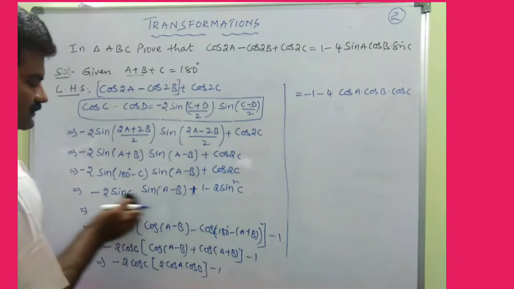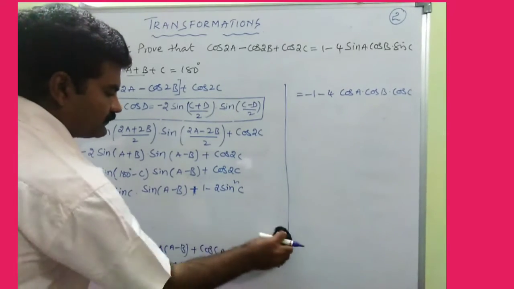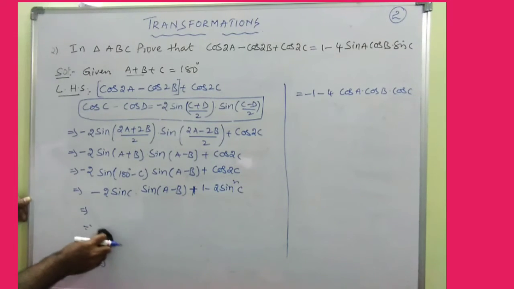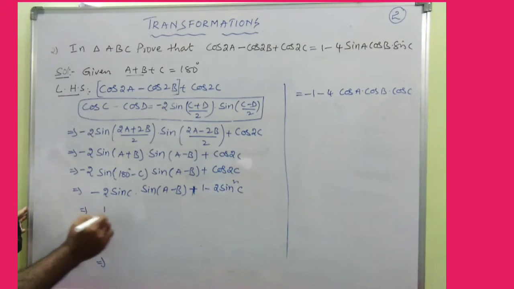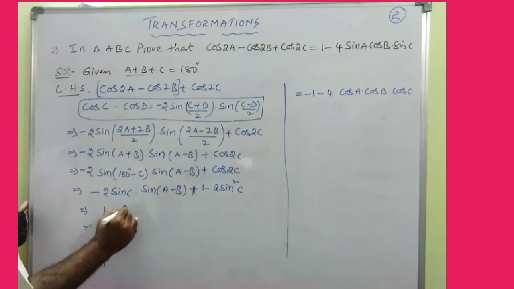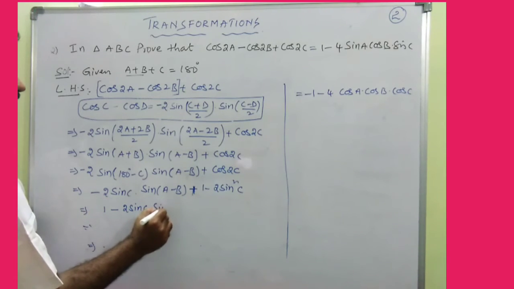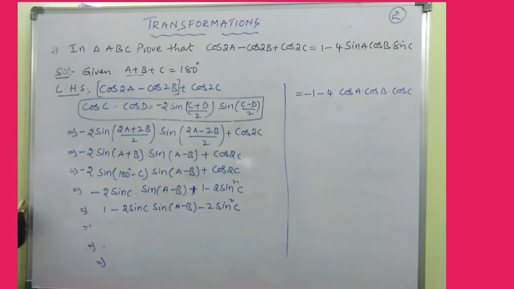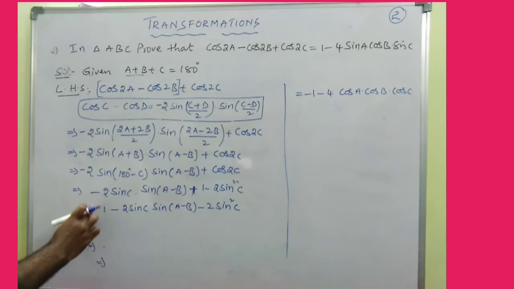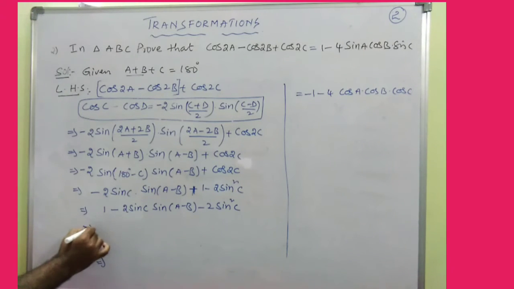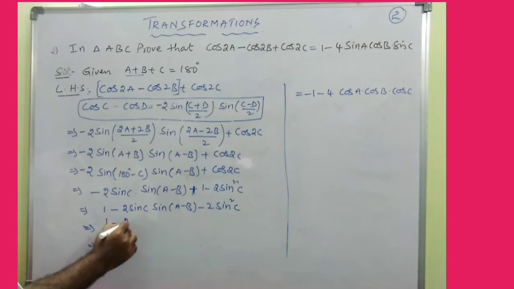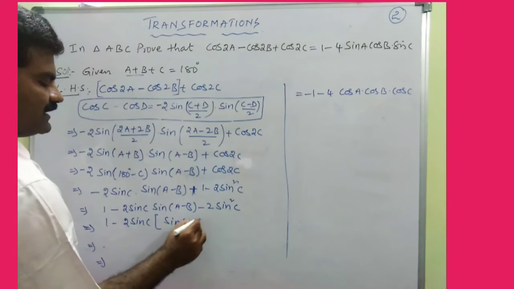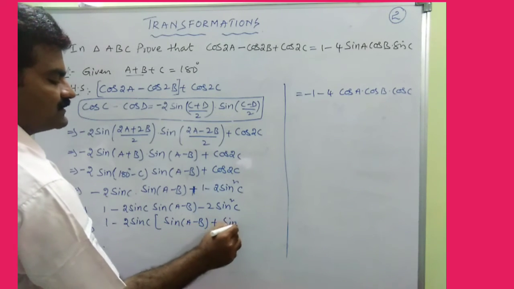Okay, so listen from here. So first write plus 1. I want to write plus 1 in the beginning. Okay, plus 1. And what are there? Rest of them: minus 2 sine C into sine of (A minus B) and minus 2 sine square C, isn't it? Same step, just I brought it into front. So now what is the common from these two? Minus 2 sine C, if I take common, then this is sine of (A minus B) and plus this is sine C.